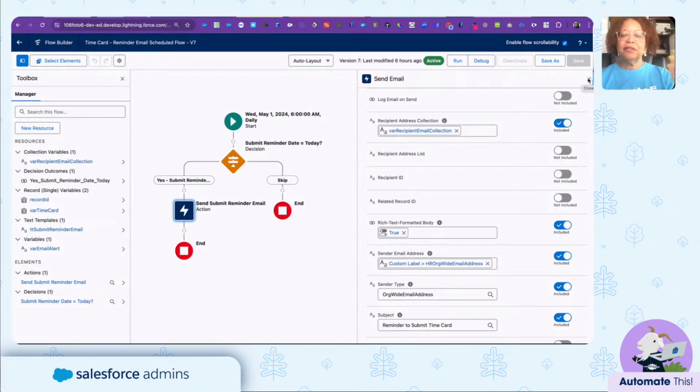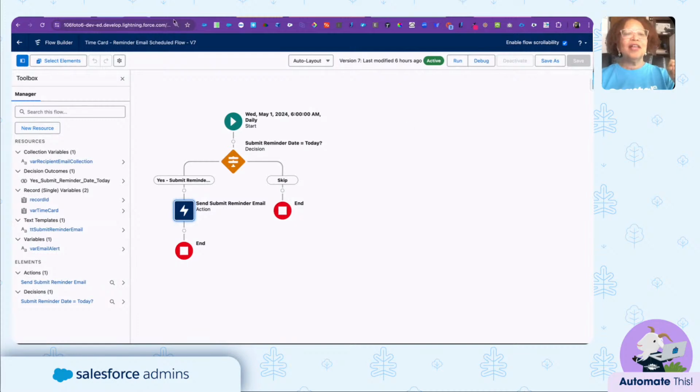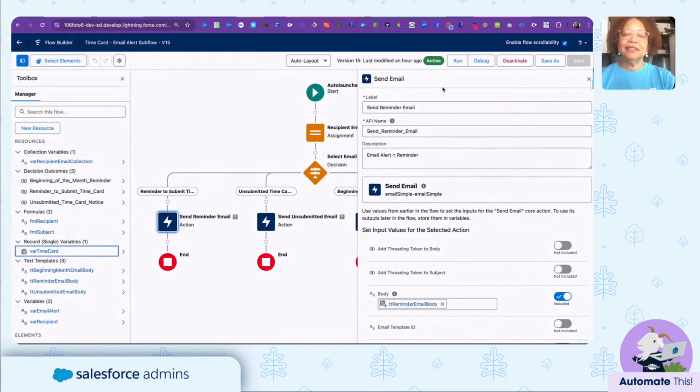And so the other two are the same. It's just that it's looking at the different formula field that I showed on the time card record. So that's where we're at. I had those flows built, and then I decided, well, it's going to be cumbersome for me to coordinate with the person who's testing. I'm going to need to set it up at a specific time and all of this and that. So what I decided to do was